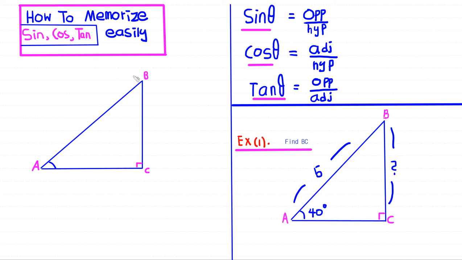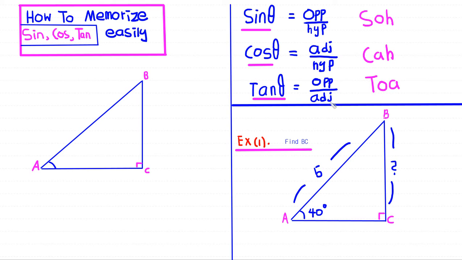In this video, I'm going to talk about tips for memorizing three trigonometric functions: sine, cosine, and tangent. The first way of memorizing, I guess, is to remember SOHCAHTOA. I'll write it in pink color. SOHCAHTOA. There are two ways of memorizing, and SOHCAHTOA is one of them for sine, cosine,